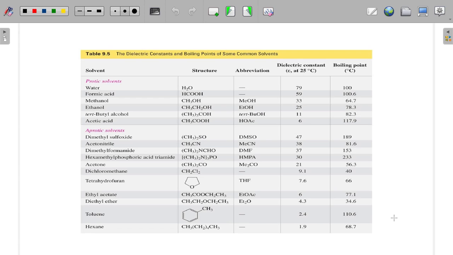Well, it turns out there is a way to measure it. It's called a dielectric constant. And the dielectric constant is a physical measurement. There are instruments that will actually measure what the dielectric constant is, and it's directly related to the dipole moment most of the time. So we actually can measure the dielectric constant of various different solvents, and these are just an example of solvents